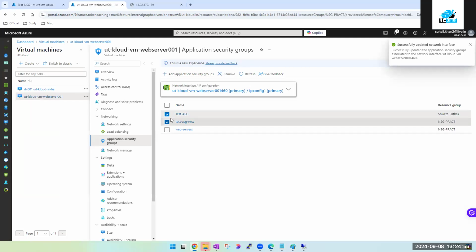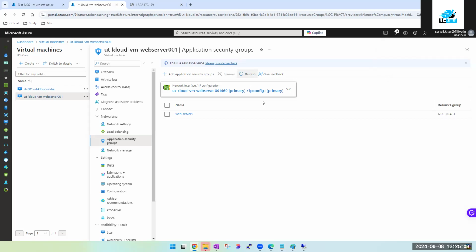ये दो भी है, let's ignore these two as of now. Let's say this machine is a part of the web server application security group. And via PowerShell command or script, it is very easy. You give those 250 servers का नाम, उनको इससे assign कर देना using one Terraform script or ARM script. You don't have to go to all those 250 machines. ये जो अभी हमने manually किया है, इसको आप PowerShell script से achieve कर सकते हो. सारे 250 machines पे ये application security group लगा दो.